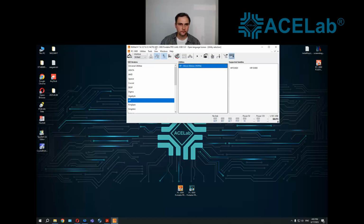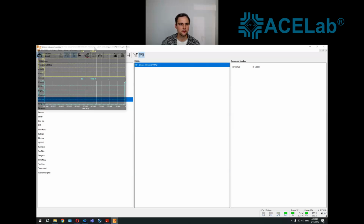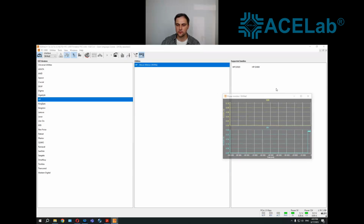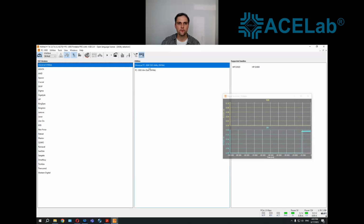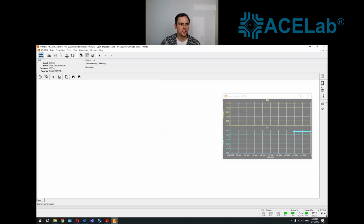So the same steps, we get here the list of supported SSD utilities, and when I launch the power supply, we can see that the drive is going to be powered on. We can see that there is some power consumption on the 5 volts line. And if I launch the universal utility to see how this drive will be detected, if I simply connect it to my computer, I will see that this drive will be just partially initialized, because instead of a full capacity that should be around 128 gigabytes,